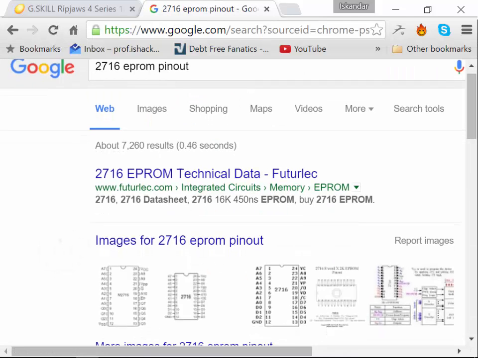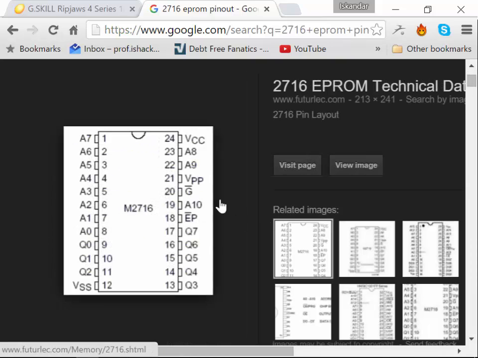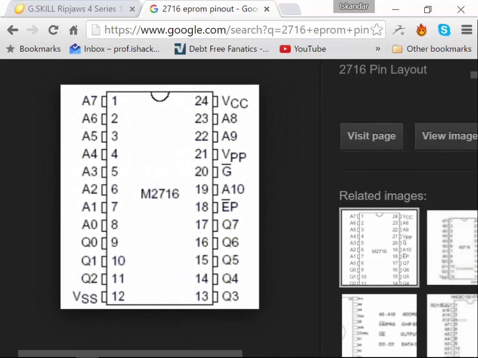Pin out. So the last one in this list is the mask. The mask is what you use once you have a system firmly in place and you're not going to change it. We've got address lines A0 to A10. The process is very expensive, very costly. So you use it when the volume is high and you're certain that the contents will not change. There will be a question on the final exam where I give you a picture like this.